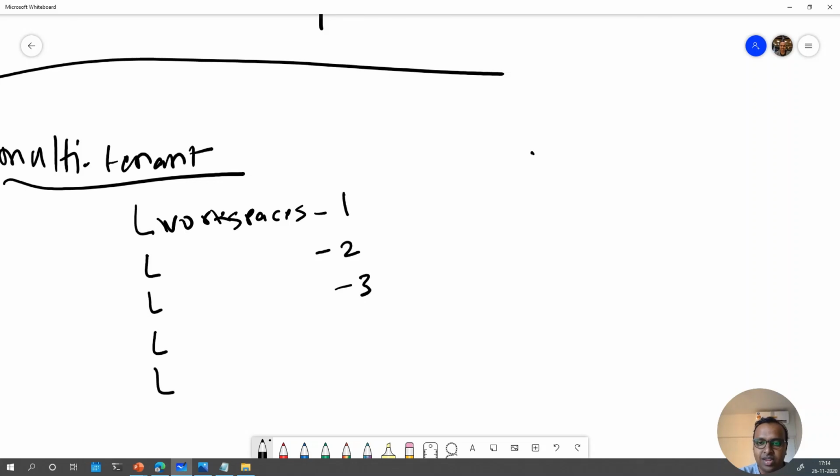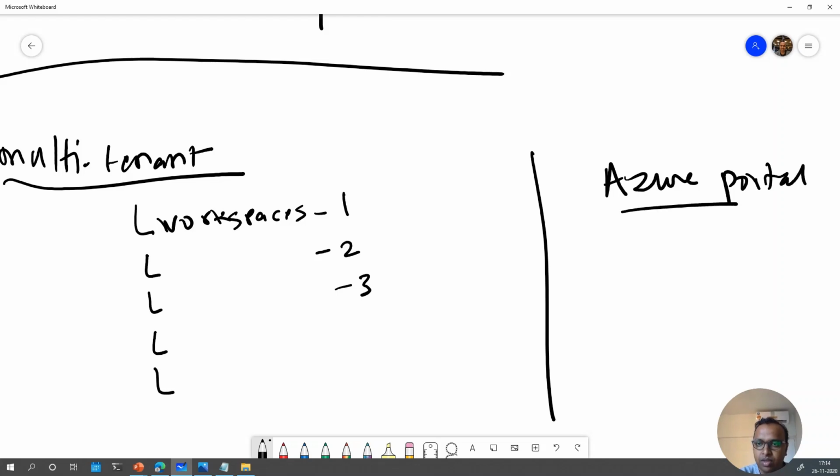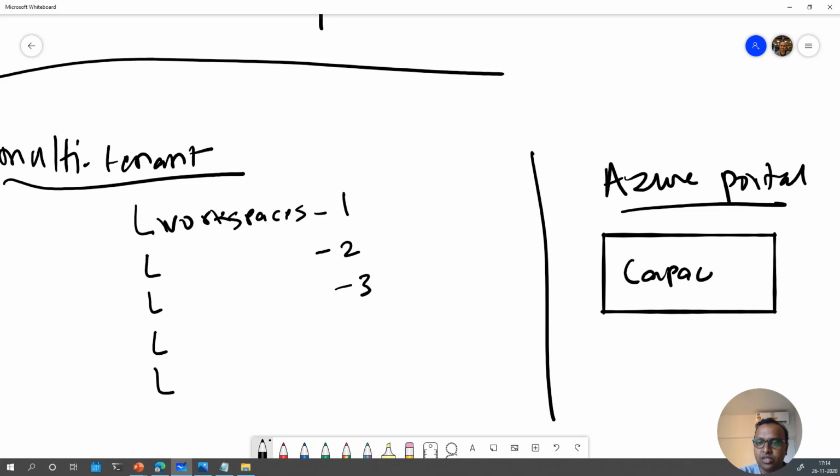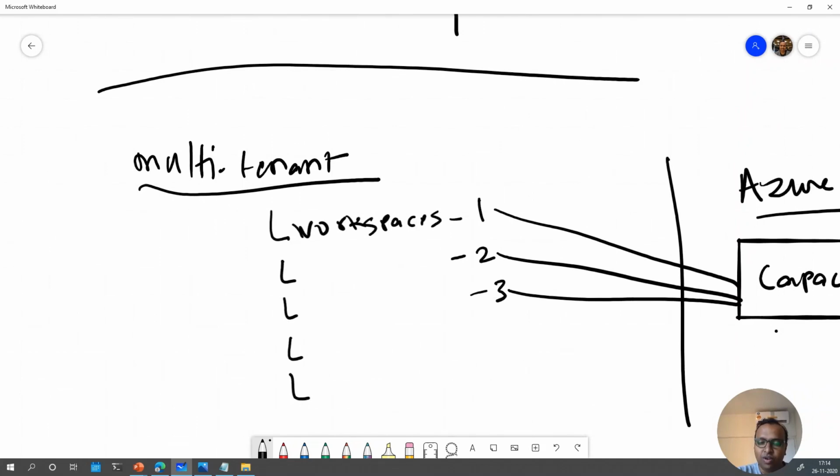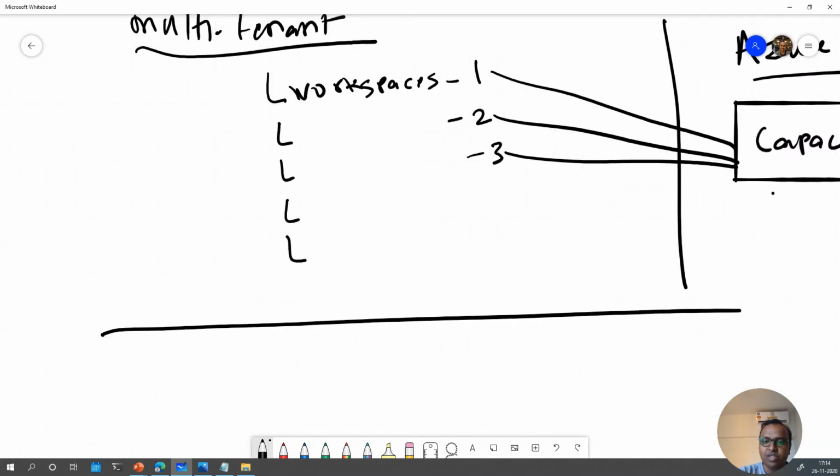Now, when you allocate capacity from the Azure portal, you're able to associate that capacity either to a single workspace, or you're able to associate that capacity to multiple workspaces. Now, attaching multiple workspaces from Power BI to a single capacity from the Azure portal is called a multi-tenant model. In a single tenant model of deployment